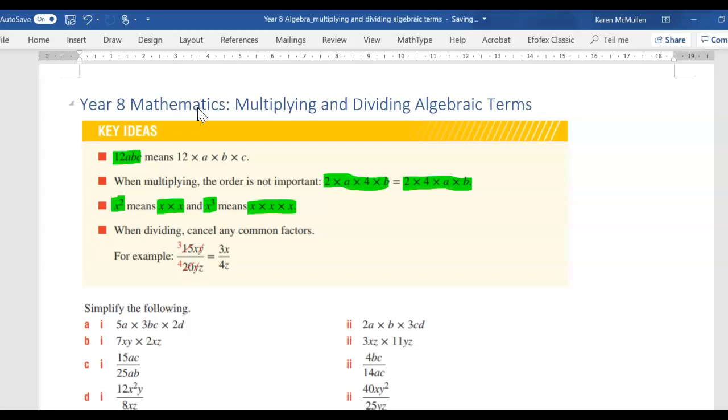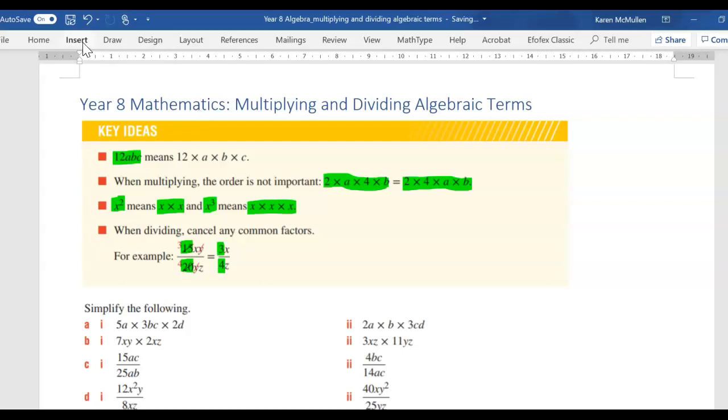So when I teach dividing algebraic expressions, we look at the coefficients first. So you can just see here underneath there's a 15 and there's a 20. So you'd simplify that fraction first before you deal with the pronumeral part. So 15 over 20, you look for the highest common factor. So 5 goes into both. So that's why you end up with the 3 and the 4. And then